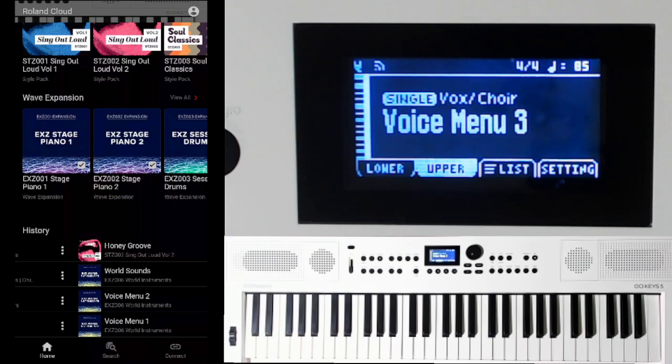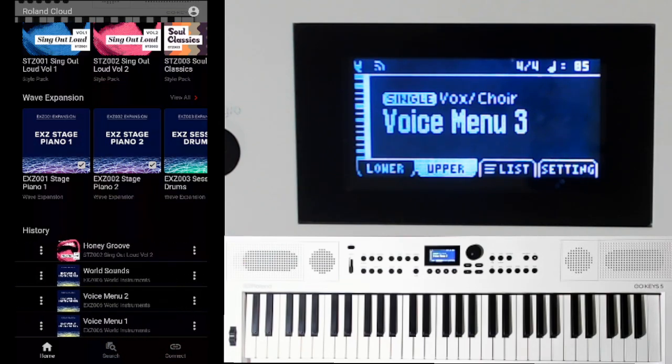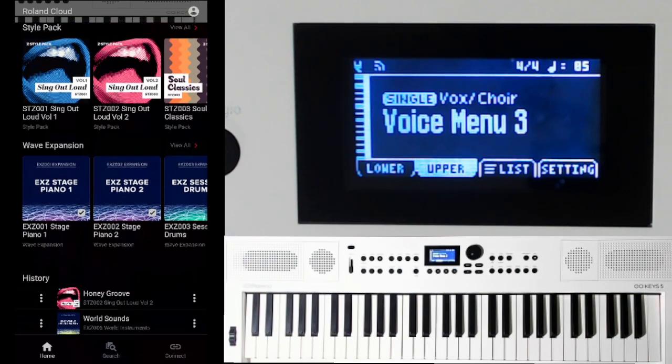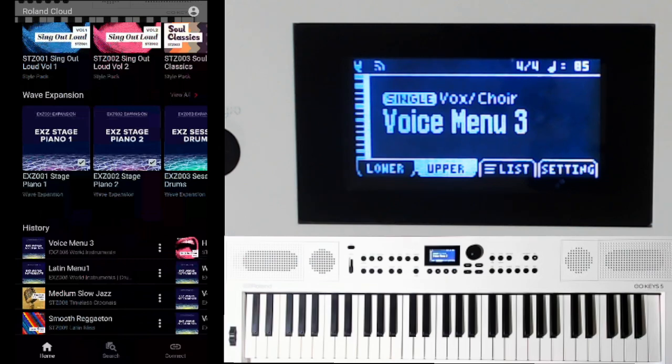So I quite like that. I want to go ahead and save it. So I'm going to follow the same procedure, right? So the voice menu 3. So voice menu 3, where are you? Right here. So I'm going to hit those 3 dots to the side of voice menu 3,